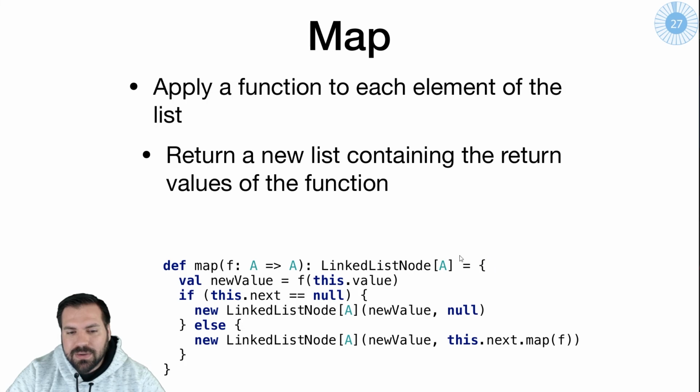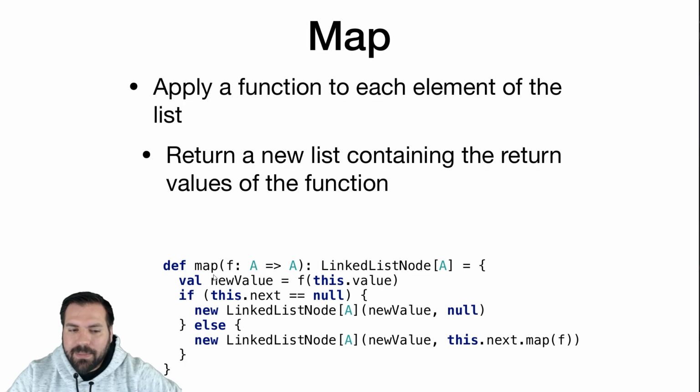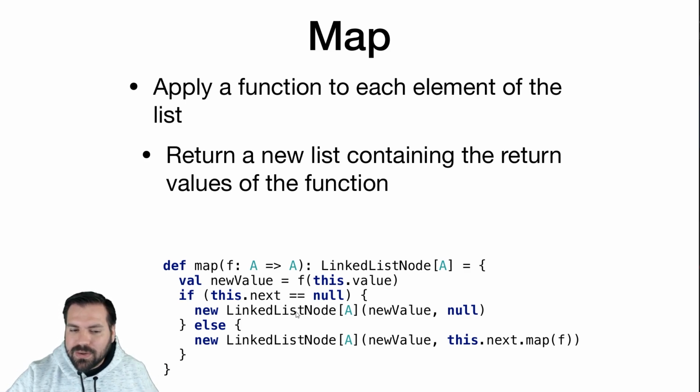In our linked list node, how would we make that happen? We want to use that same syntax, give it a function, call map with a function. So map is going to take a function f. It's going to return a new linked list node. We're going to compute the new value that we want to add to the list that we're returning by calling the function on the value at this node. And then we're going to create a new linked list node, which is kind of a duplicate of the structure of this node, with the new value instead of the old value, instead of this dot value, where if we're at the end of the list, next is going to be null.